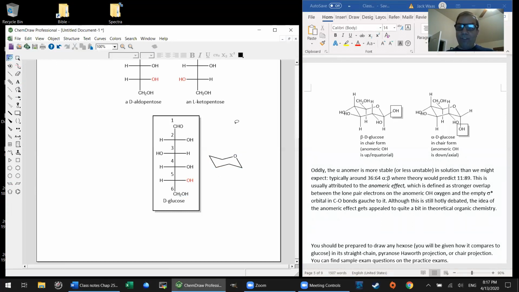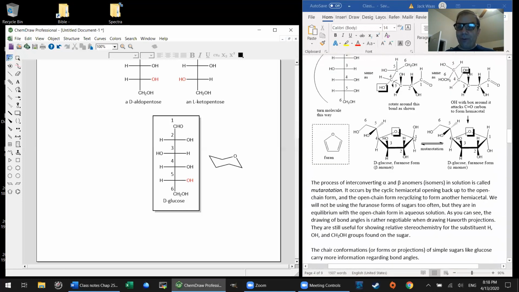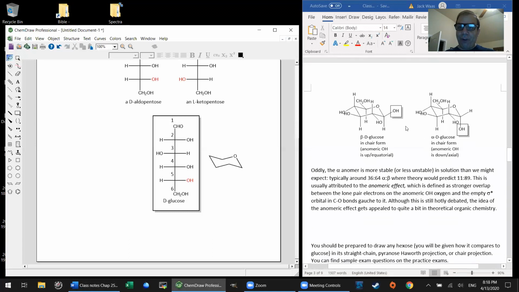And so once you do that, the anomeric carbon, carbon 1, the carbon that used to be the aldehyde carbonyl carbon, is over here in front, just like it is in the Haworth projection, right? There's carbon 1 in the Haworth projection of the pyranose form, and so carbon 1 is over here in the chair form. So it does have to be this exact shape, or it will be wrong. What's the payoff? The payoff is quite considerable.